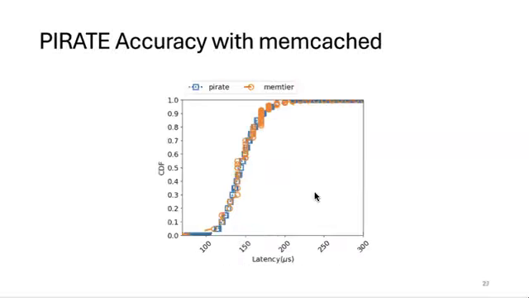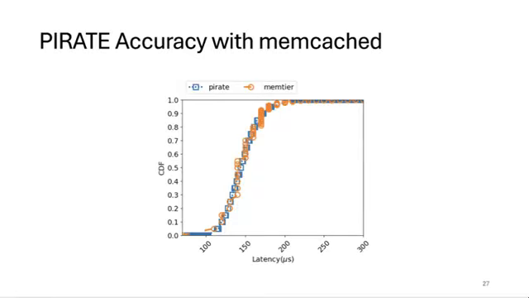So next we try to evaluate our technique with a different application, which is memcached. Memcached is a NoSQL key value store. We tested the accuracy of Pirate with a memcached workload, and we use memtier as a benchmarking client. The memtier benchmark is run with a total of 10 threads with one client connection per thread. The proportion of get and set requests is 1:1. The data size for the responses is in the range of 40 to 10,000 bytes,